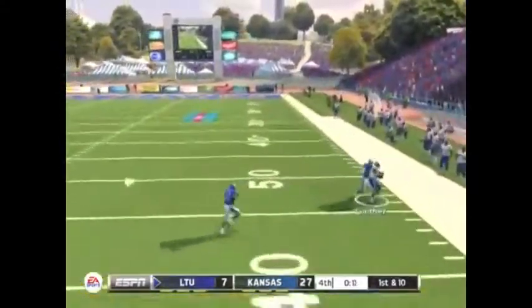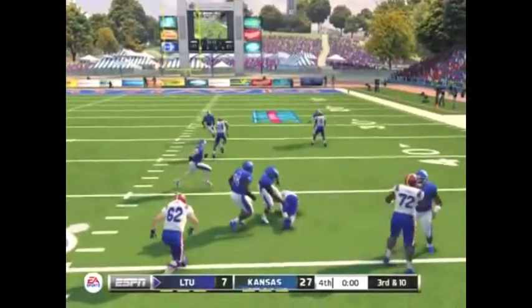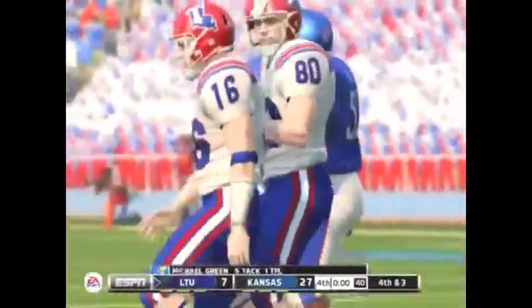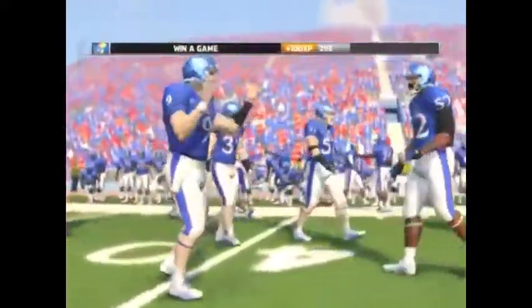Welsh is going to lob a pass out to his right that's going to be reeled in. Last play of the game now. Welsh on a read option. He's going to get brought down by Michael Green, who throws a shoulder into him. That would do it. The Jayhawks would win in impressive fashion against the 3-0 Louisiana Tech to improve themselves to